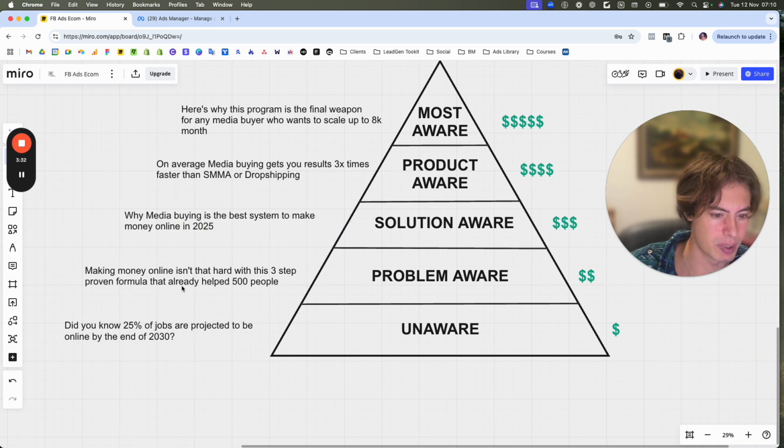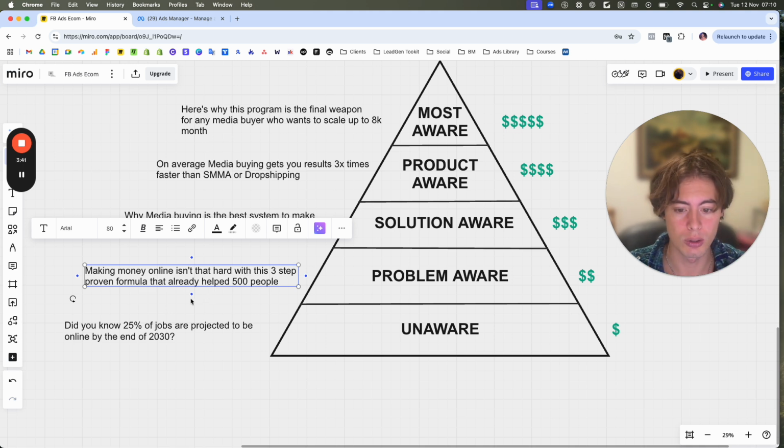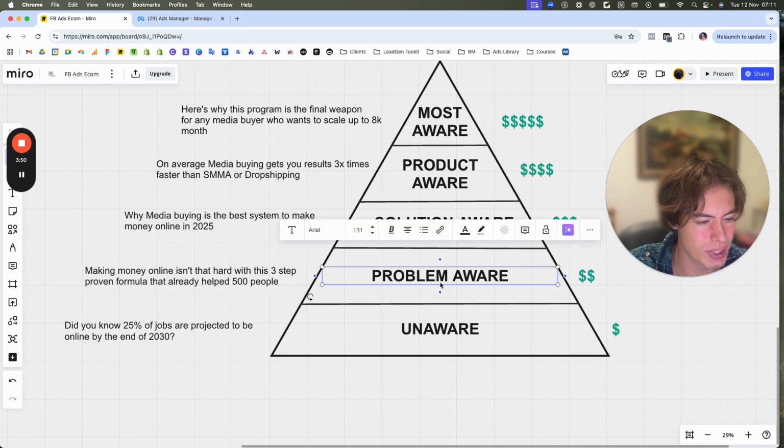Okay, so this is tapping into an audience that knows there is a problem, which is, "I would like to quit my 9 to 5, but I don't know how to do it. I don't know if there are solutions out there." Well, now you are essentially providing them with a solution, which is this specific three-step formula, right? But again, this is not really an audience that, in my opinion, you would like to tap,